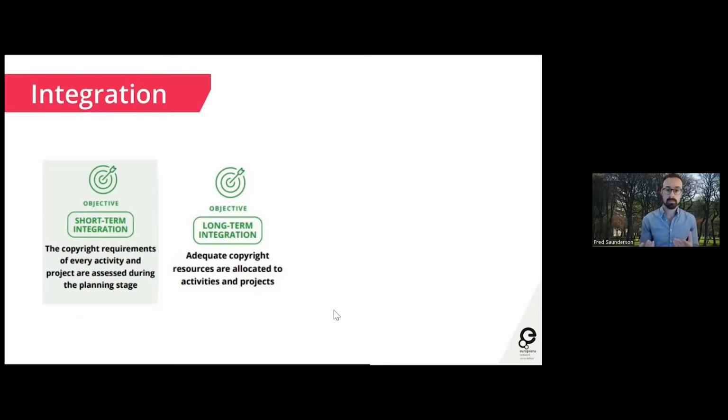You know, where are the gaps? You might have some of these in place. You might have really good acquisition processes in terms of copyright, but really be lacking on copyright documentation, for example. So hopefully this will also help with that gap analysis and that mapping exercise. So those are our hopes as the copyright community, that these will be guidelines that will be useful in a few different ways for you.